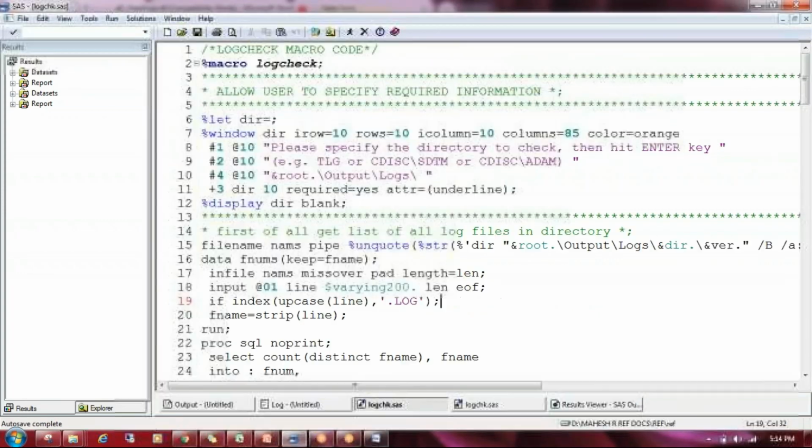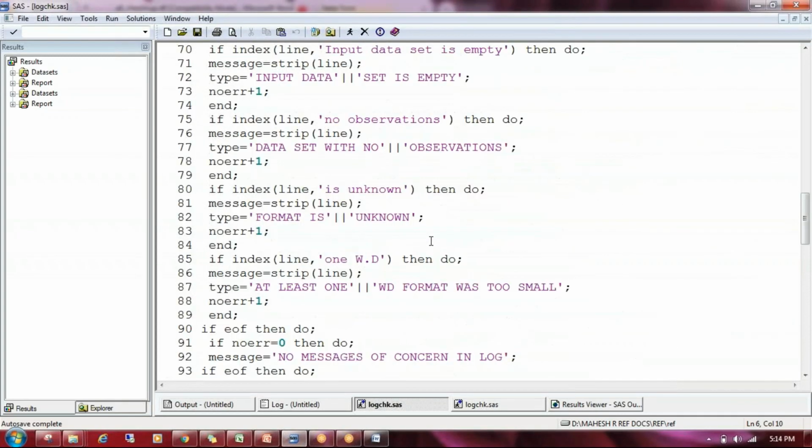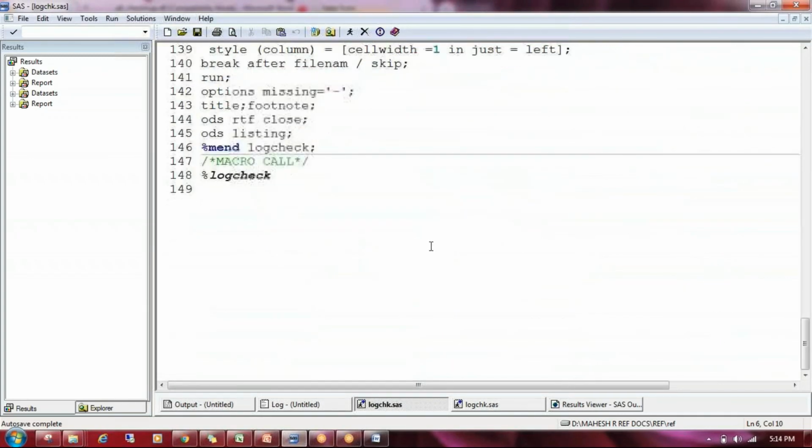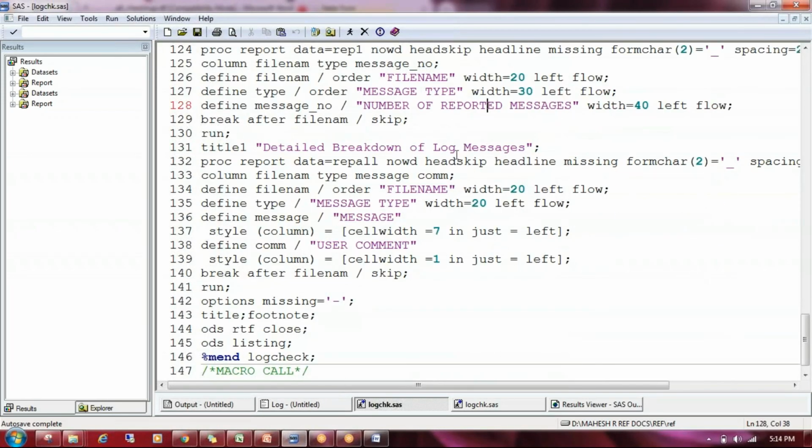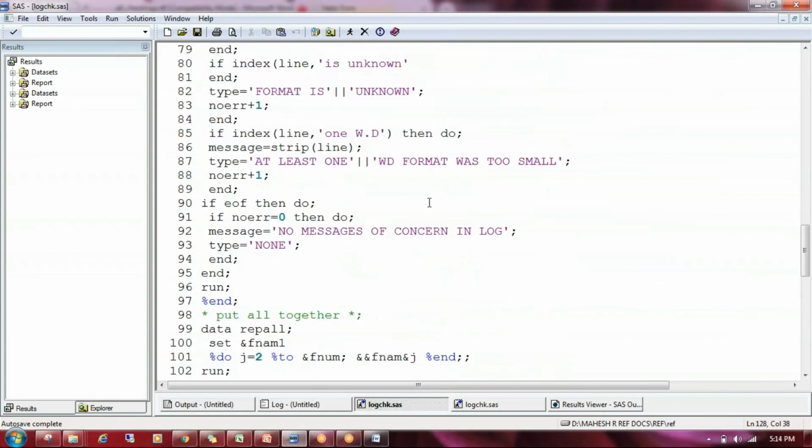One more standard macro is also available. This is also a log check macro. In this macro, no need to give anything, just mention the directory, the path you can provide. This is one more standard macro, and it also checks the same thing. Here also you can see messages, numbers reported, and all the checks that were done.